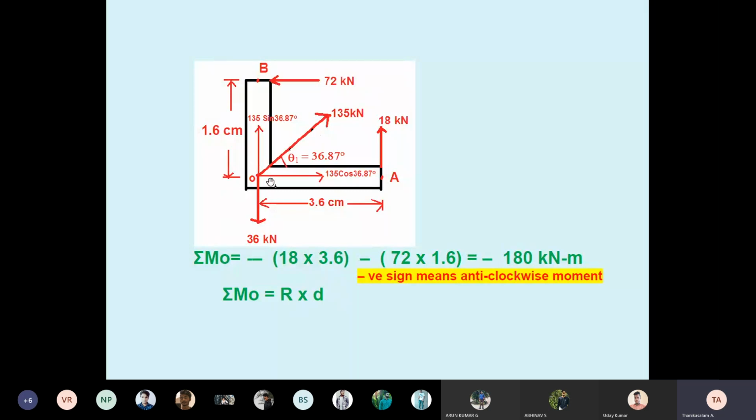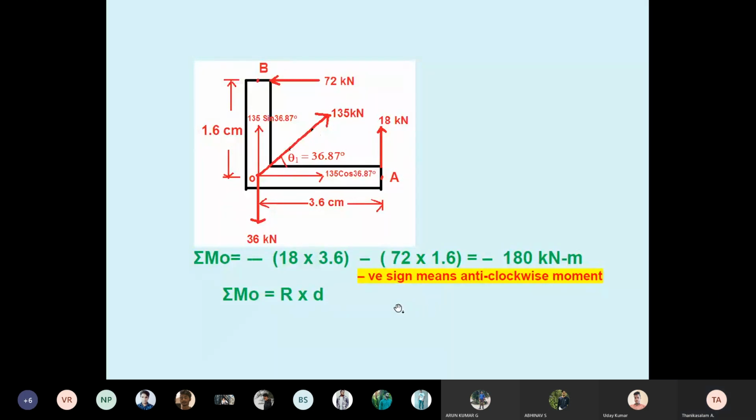How do you calculate the individual force moment? The reference is fixed, therefore summation M naught. Then I identify which forces give moment and which forces do not. How do you identify which force does not give moment? If any force goes to the reference point, or comes from the reference point, it does not give moment. See here at O, three forces: 135 sin 36.87, 135 cos 36.87. Those do not give a moment. It is only force. Moment is force and distance. That's why 18 into distance 3.6 anti-clockwise, minus 72